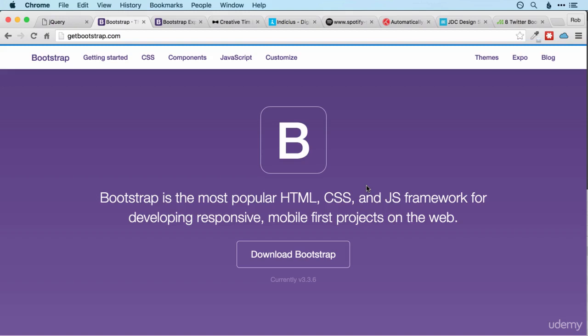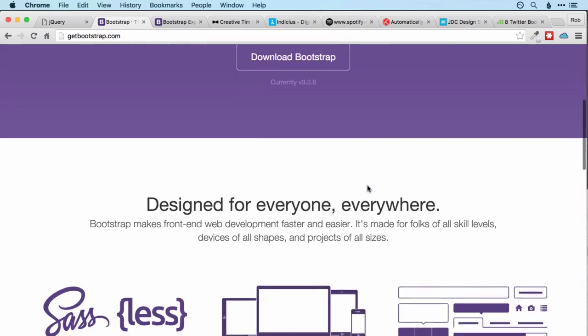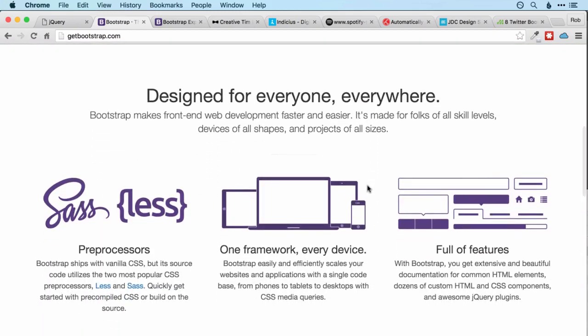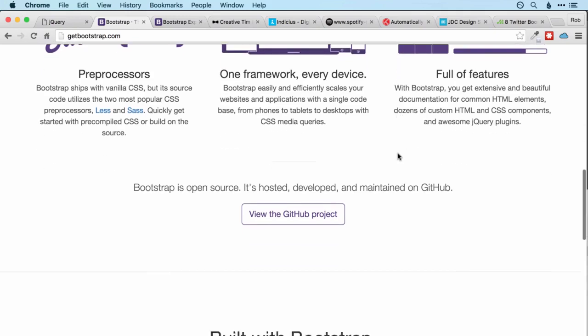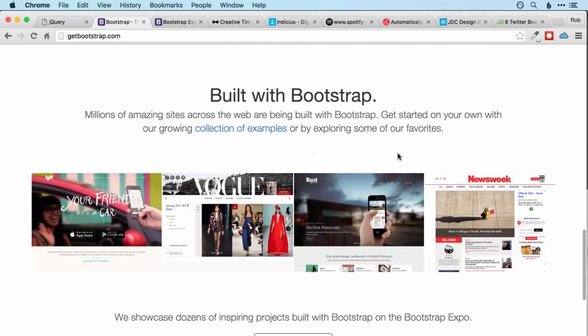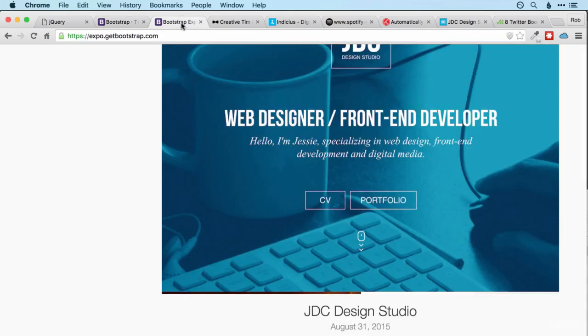That's really important for web developers at the moment because the use of mobile is increasing very rapidly, but desktop certainly isn't going away anytime soon. So feel free to go to getbootstrap.com and have a bit more of a read if you want to see more about what it does, but really the features will make a lot more sense as we work through them in this chapter. There's a huge number of websites that are built with Bootstrap, over 7 million of them in